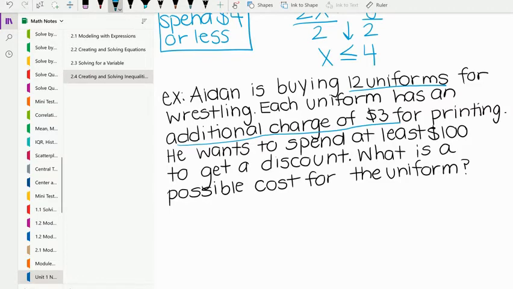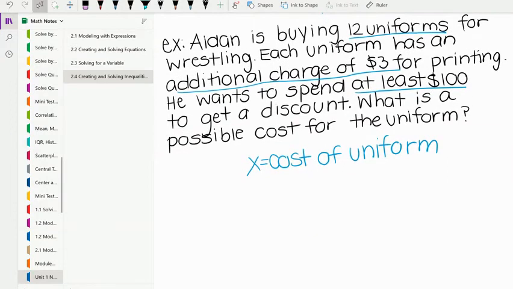He wants to spend at least $100 to get a discount. What is a possible cost for the uniform? So the thing that we don't know is the cost of the uniform, so I'm going to go ahead and make that our variable. We know that he wants to buy 12 uniforms, and each uniform has an additional cost